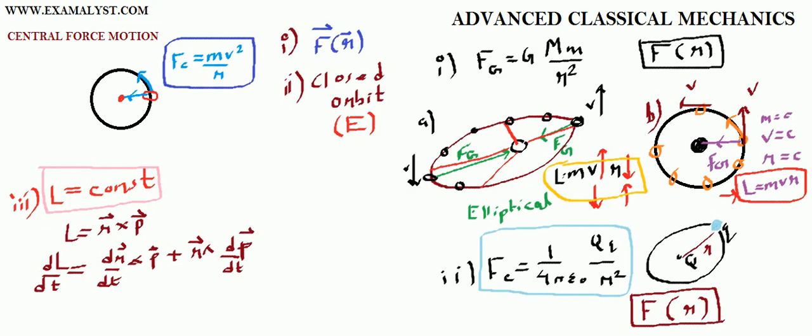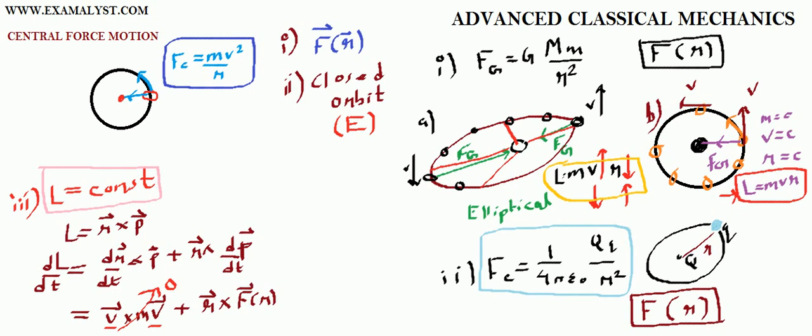Now, what is the first term? The first term is velocity cross momentum, and momentum is nothing but mass into velocity. The first term will go to 0 because the cross product of two same vectors is 0. So the first term makes no contribution. Now let us come to the second term. In the second term, we have the r vector as it is. What is the rate of change of momentum? Rate of change of momentum is force. But what force? It is the central force.